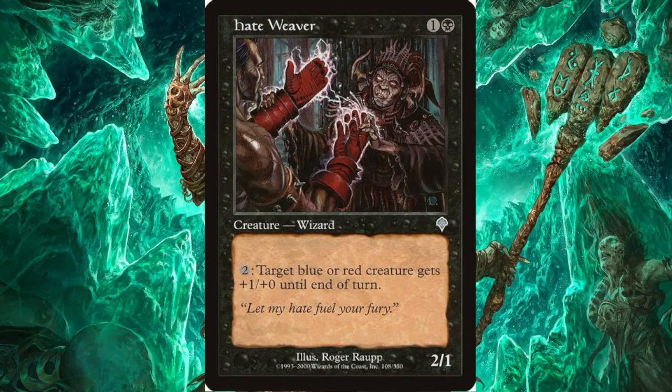For 1 and a black, we get a 2/1. It has the ability to tap 2, and target blue or red creature gets +1/+0 until end of turn. So if you have an infinite mana outlet and a Fling in hand, well, guess what? That creature just killed your opponent. And if it's a special kind of creature, you can deal multiple damage to multiple...